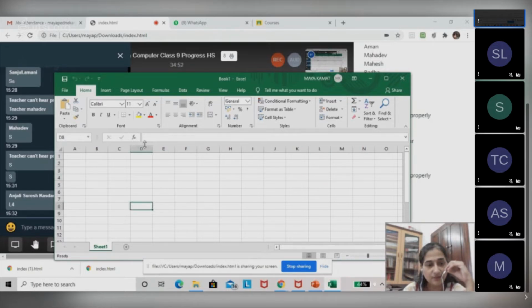Similarly, more examples. This would be D8. Am I right? Yes. So if I place the mouse cursor here, this would be G3. Followed up till here? Yes. So we have learned what are rows, what are columns, what are column headers, what are row headers, what is a cell. Now, when we click on a particular cell, that cell is termed an active cell. Why is it an active cell? Any idea? What is the meaning of an active cell? From the name itself, it is what it does.